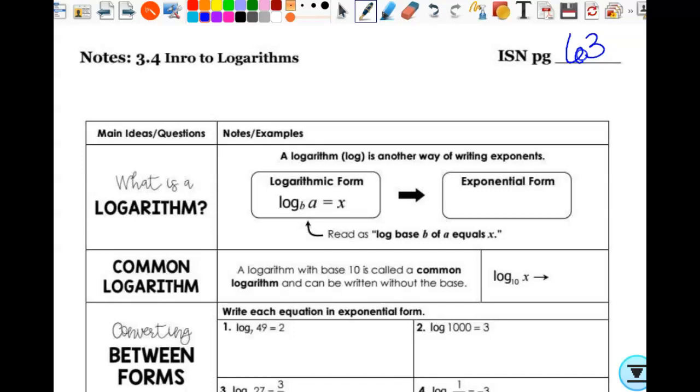This is not brand new to you. This is totally an Algebra 2 concept, especially the very basics. But I'm going to start by showing you a quick little video that explains